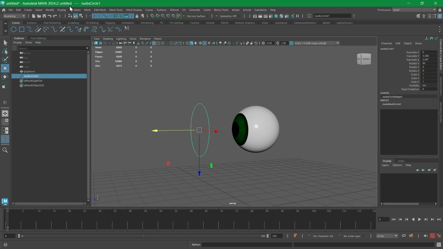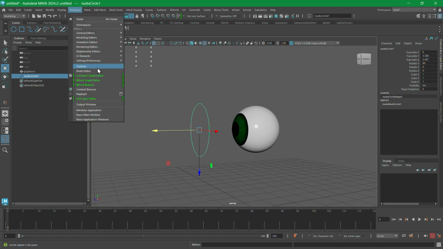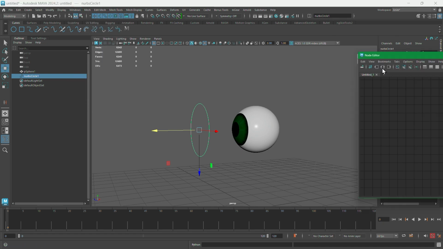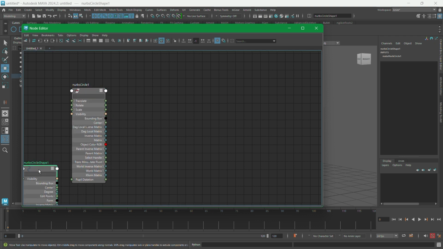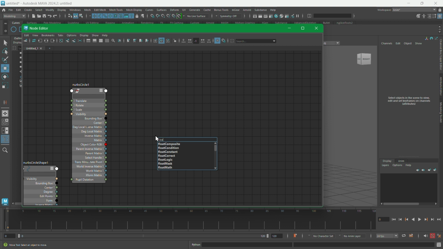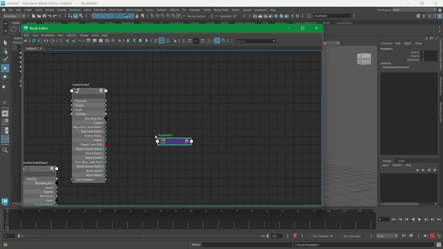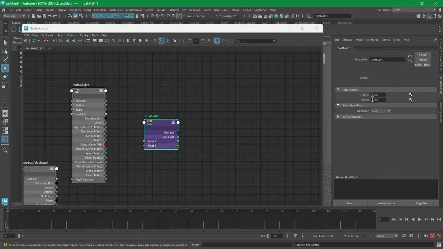Then we're going to go to Windows, Node Editor, bring that node editor over. So we've got the NURB circle group that has that pupil dilation attribute now. Gonna create a float math node. Now this is gonna be where we're gonna be doing the math to determine how much that black image is gonna be translated. So this float A is gonna be where the pupil dilation is inputted, and we're gonna multiply